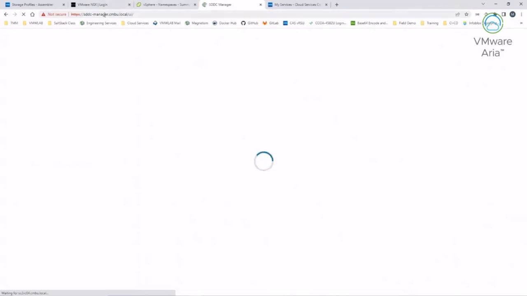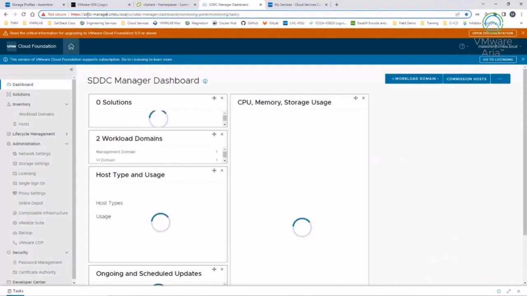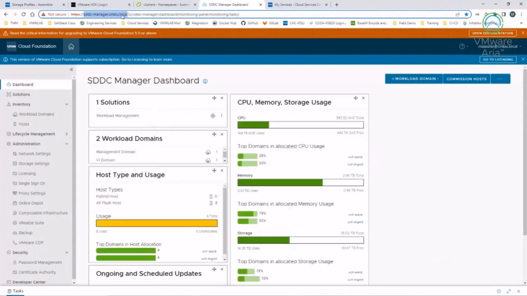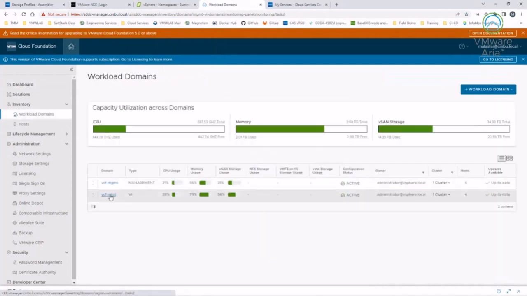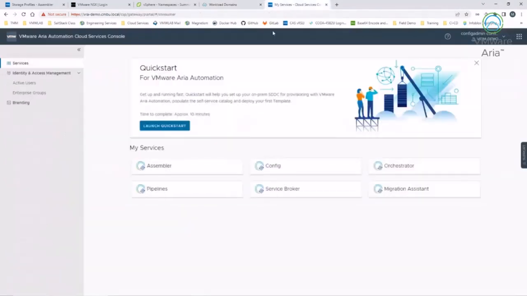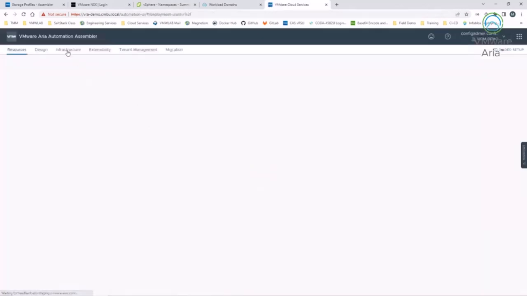So this is my SDDC manager. I'm going to copy the FQDN from the URL. And as you can see, this SDDC manager has a management domain and a workload domain. And obviously, each domain has its own vCenter. So let's go ahead and see if we have a greenfield environment where we go to Assembler, we go to